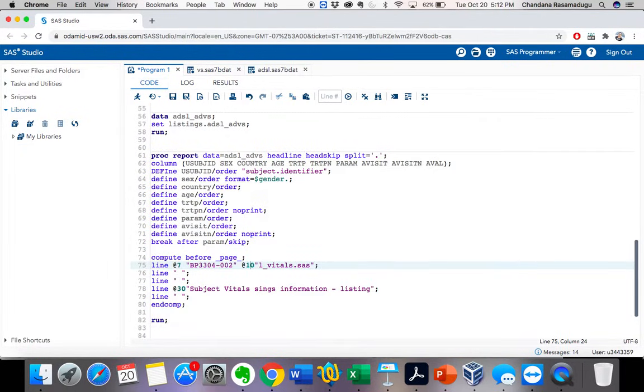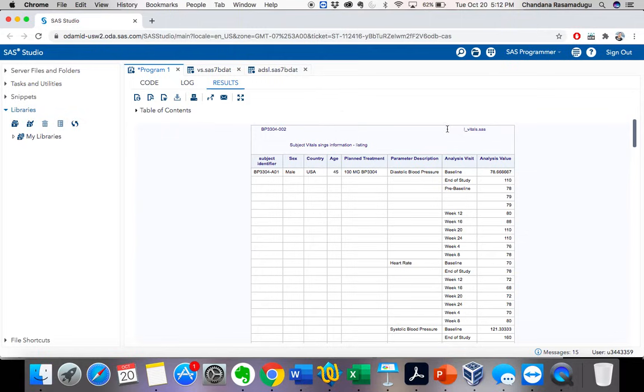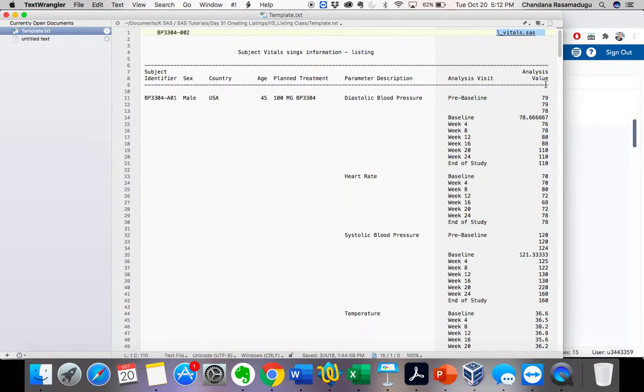160. Okay, like this we will keep increasing and creating the data set, because see now it moved a little bit towards the right. So like this, after creating the report, we will make any changes if it is required. Also, for example here, analysis value. Let's check here. For analysis value, they want that to be in the analysis on the top and the value on the bottom, right?